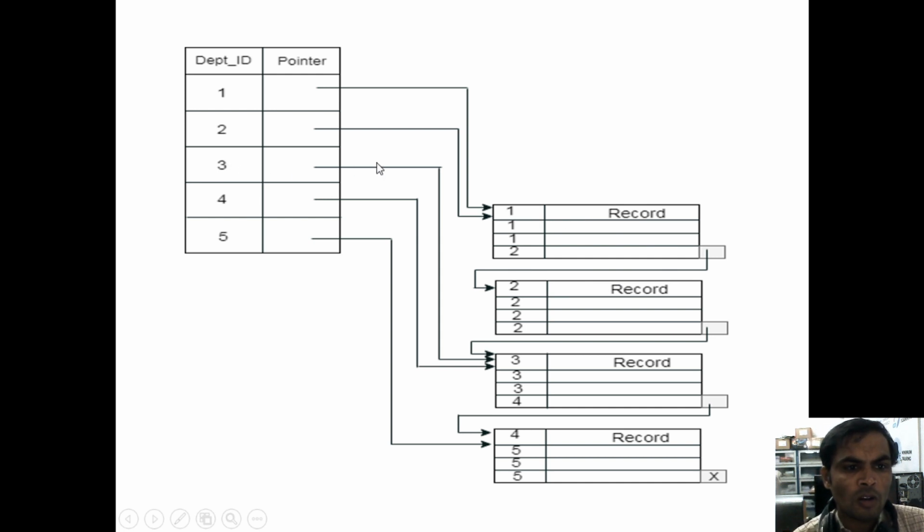Coming to the third block, with the help of the second block, the pointer is pointing to the third block also. The last record of the second block is pointing to the third block or third bucket.